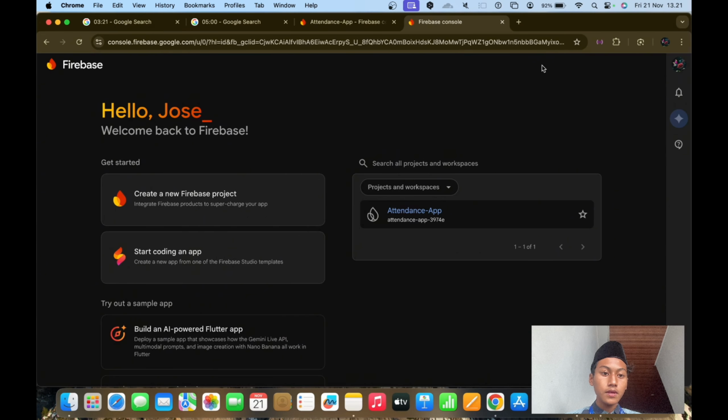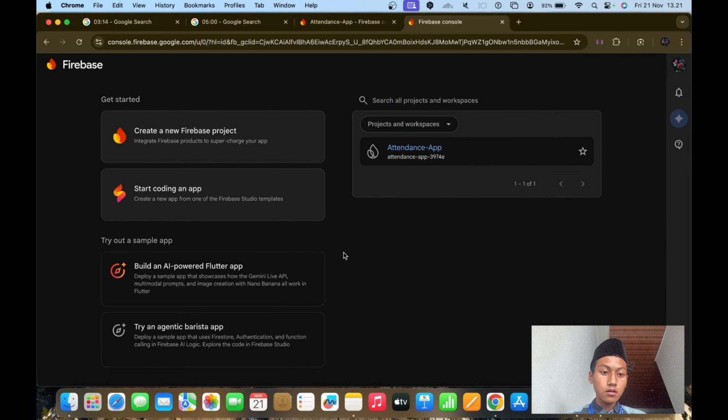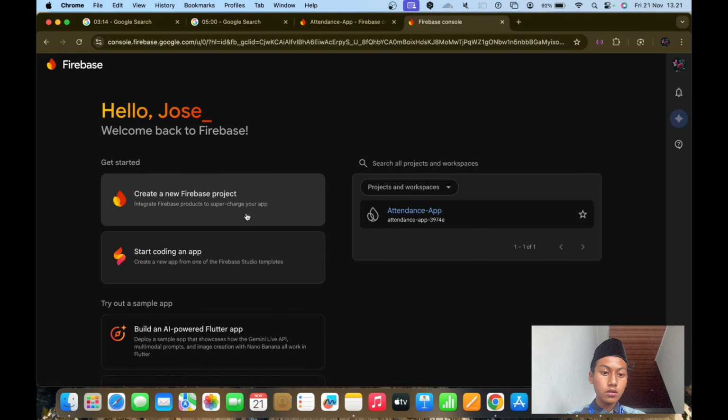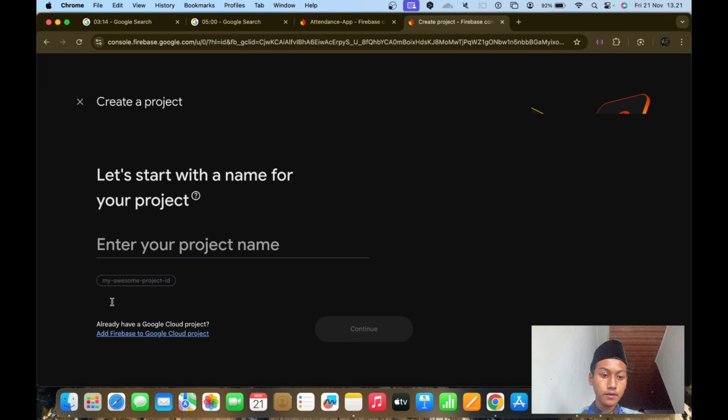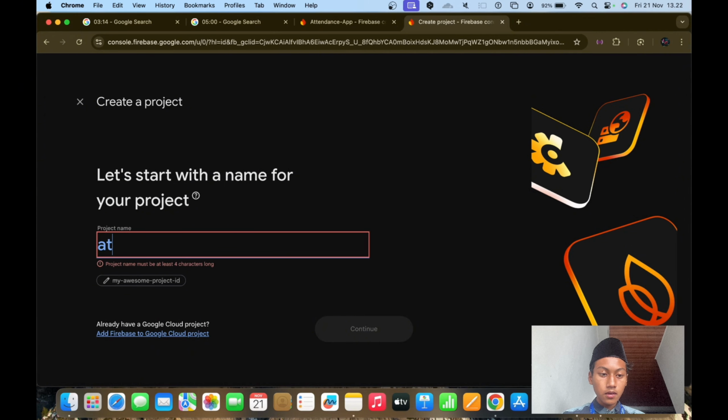Open console. So this is my console in Firebase, and then we can start the attendance app by creating a new Firebase project. We can start by entering the project name, like attendance underscore attendance app.